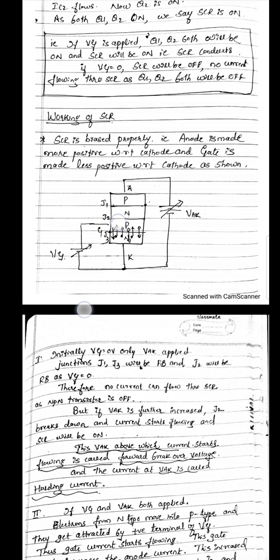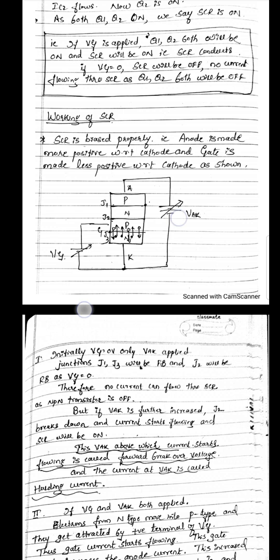When the in-between junction is reverse biased, there is no chance for the current to flow from this end to this end. Therefore, there is no current flowing in the SCR, meaning the SCR is going to be off. SCR is going to be off when VG is not applied. Same thing continues here, that VG is not applied, but VAK is increased from the initial